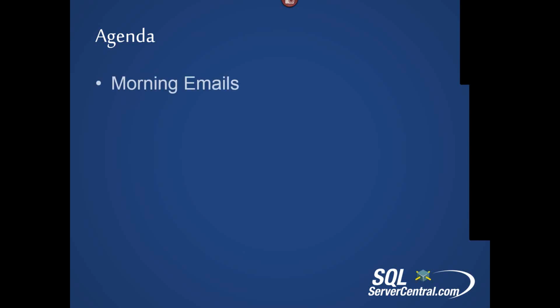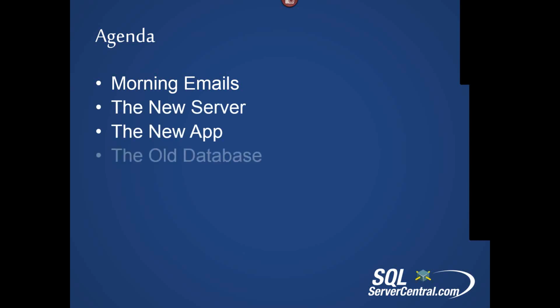So let's just talk about what a daily life looks like for a DBA. Now, I'm basing this off of my own work, my own experience, and the stuff that I've done. One of the first things you have to do every morning is go through your emails. After getting through your emails, you're going to be talking to different teams possibly about setting up a new database server. You may have new applications coming in. You may have to deal with old databases, the existing apps, the stuff that's all out there and has to get maintained and run. You're obviously going to be dealing with new deployments, right?